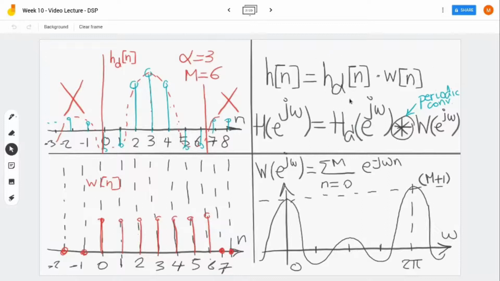So if the old, desired impulse response is symmetric and the window is also symmetric around alpha, the new impulse response will be symmetric. So we need to keep the symmetry in the window,